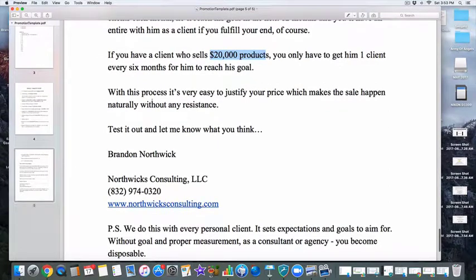You see, with this process, it's very easy to justify your price and let the sale happen naturally without any resistance. So test it out. Let me know what you think. We do this with every personal client. It sets expectations and goals for them, and without goals and proper measurement as a consultant or agency, you become disposable. So go ahead and download this, and on your next meeting or for your next promotion,